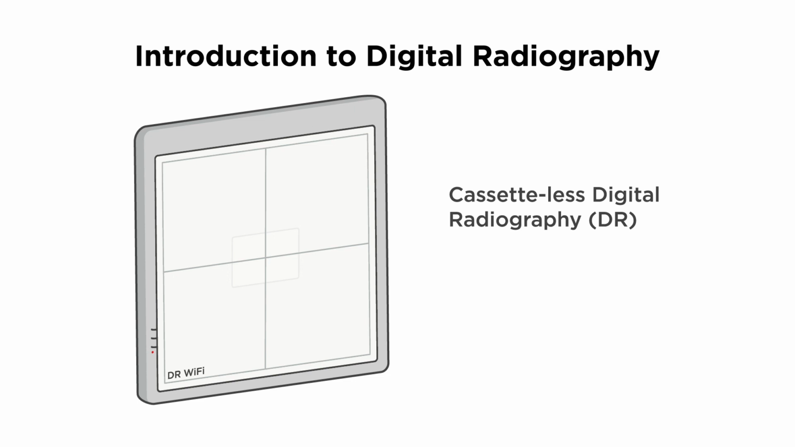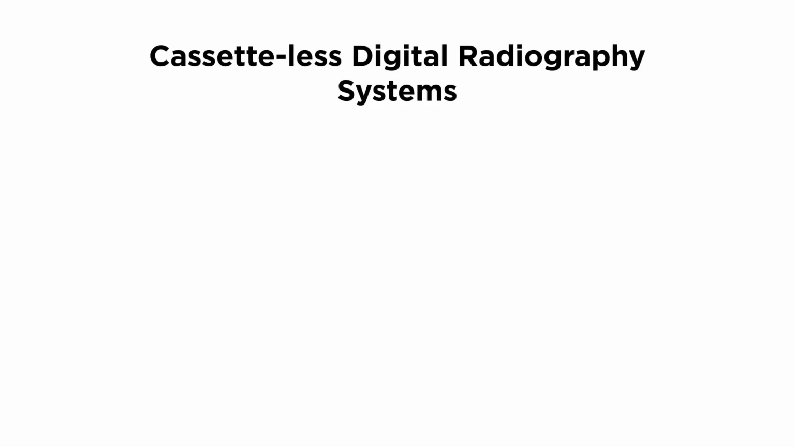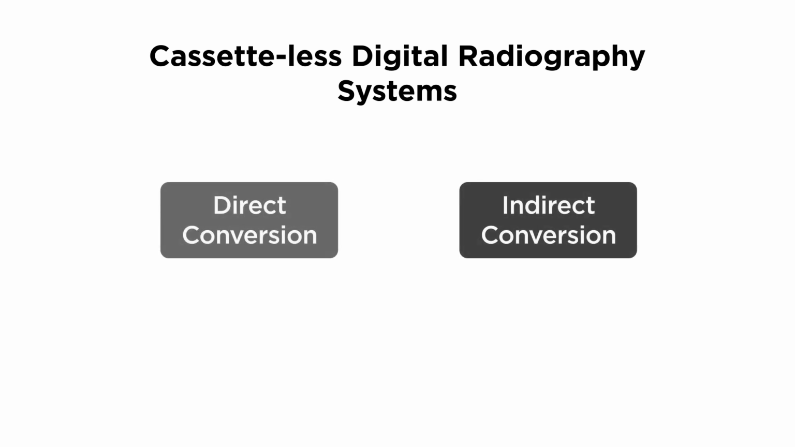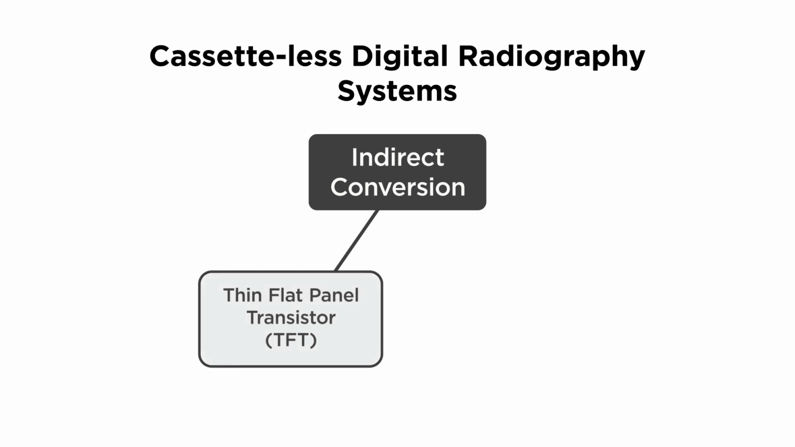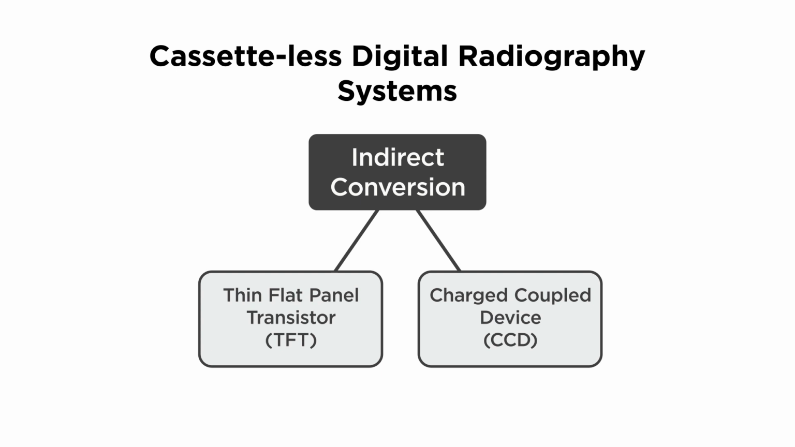In this video, we'll be covering cassette-less digital radiography systems. Cassette-less digital radiography is different from CR radiography in that there is no cassette or imaging plate reader. Cassette-less digital radiography can be broken down into either direct or indirect systems. Indirect radiography can be further broken down into either thin, flat panel transistors called TFTs or charged couple device systems